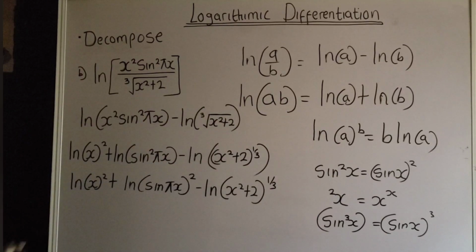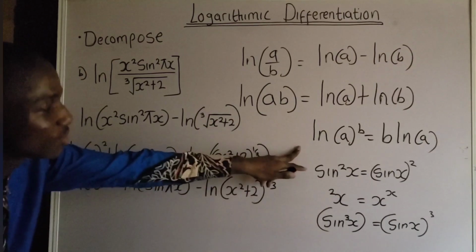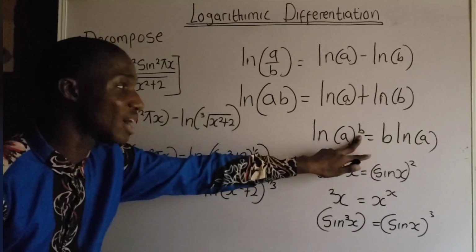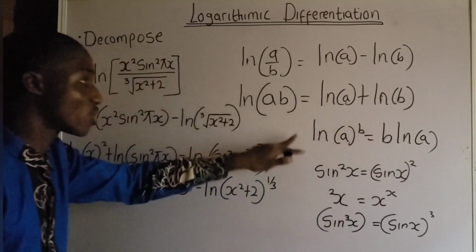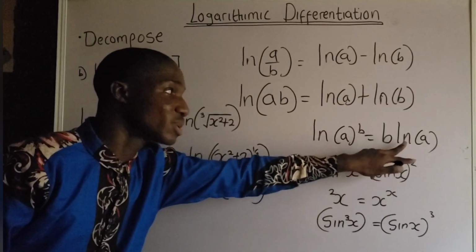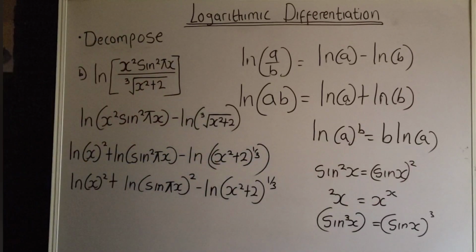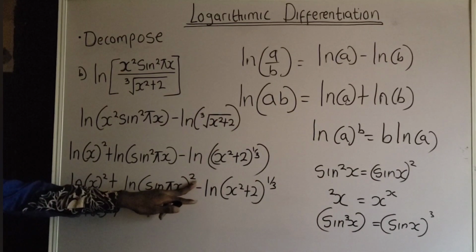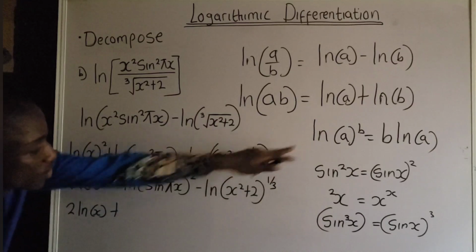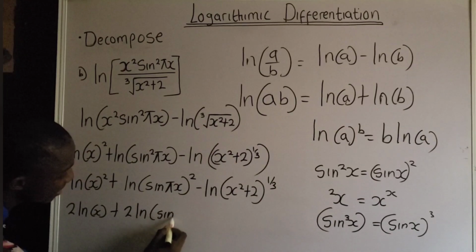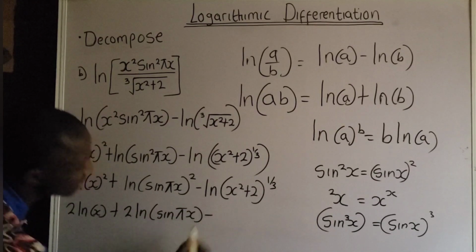Okay, let us proceed. Don't forget that according to the third rule that I wrote here, natural log of a raised to the power of b can be written as b, the power will come and multiply the coefficient of the natural log, which is 1, which is b multiplied by ln a. You understand? So for this, I'm going to have 2 ln x plus, if I apply the same rule in this place, I'm going to have 2 ln sine pi x minus